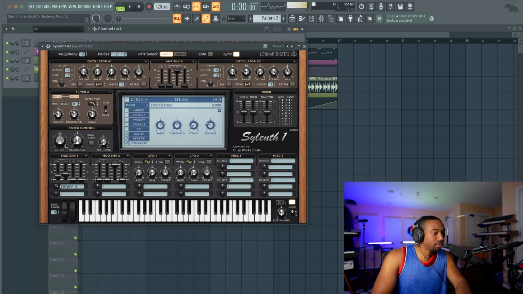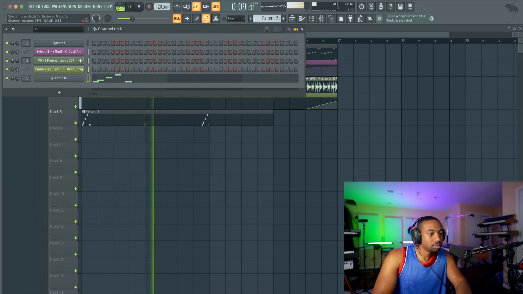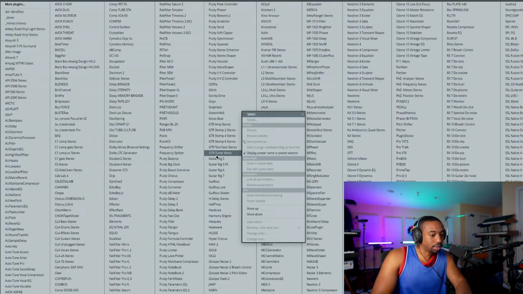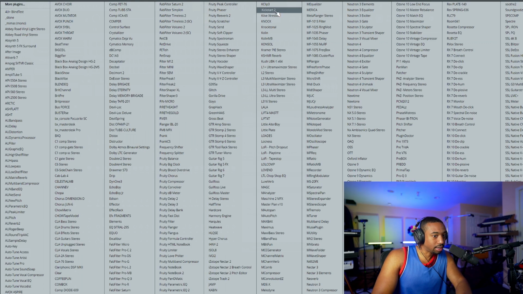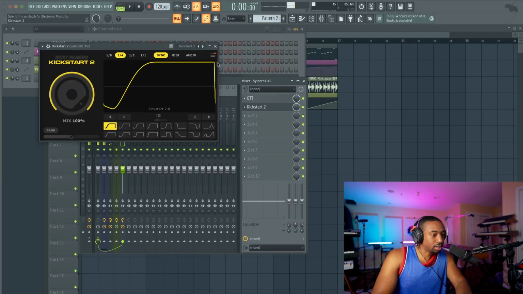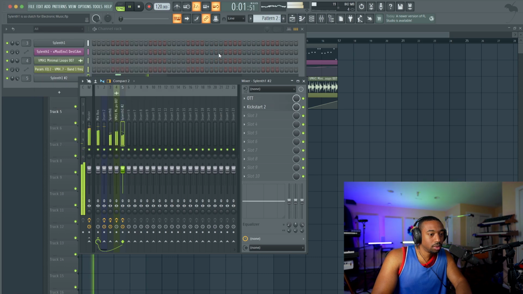You can also multiply the filter amounts using these knobs here. So now we're more of like a brass tone. Let's drop this down an octave. I forgot too, in the top left, you have polyphony. So if you're playing chords, you want to turn that polyphony up. And now we're shaping that harmonic content. And another cool thing you could do, now we're going to do like a cheat sheet way of doing this, but you could add sidechain EQ or sidechain compression. We're going to use Kickstart. So that is a pulsating.